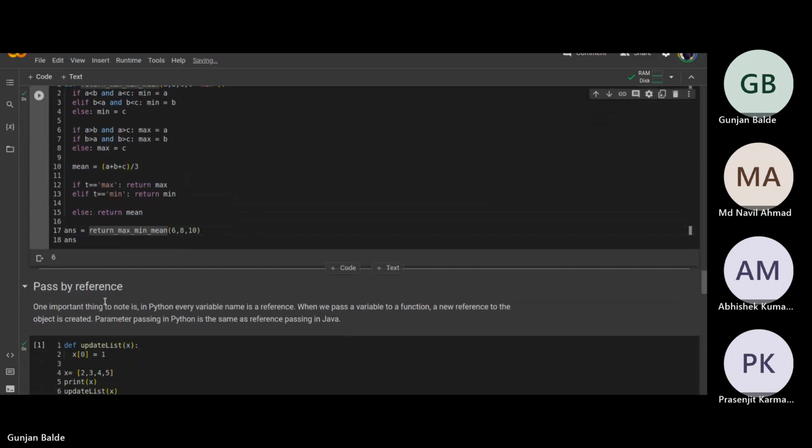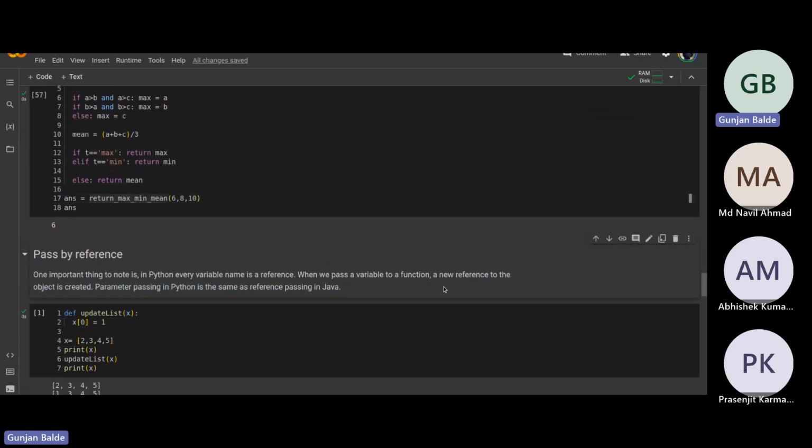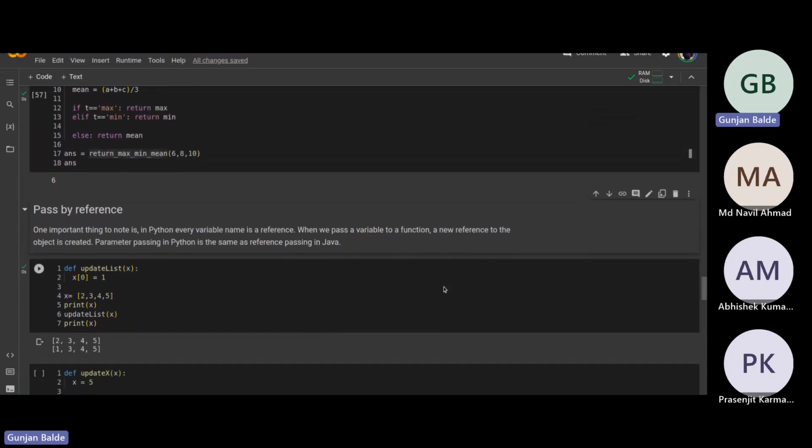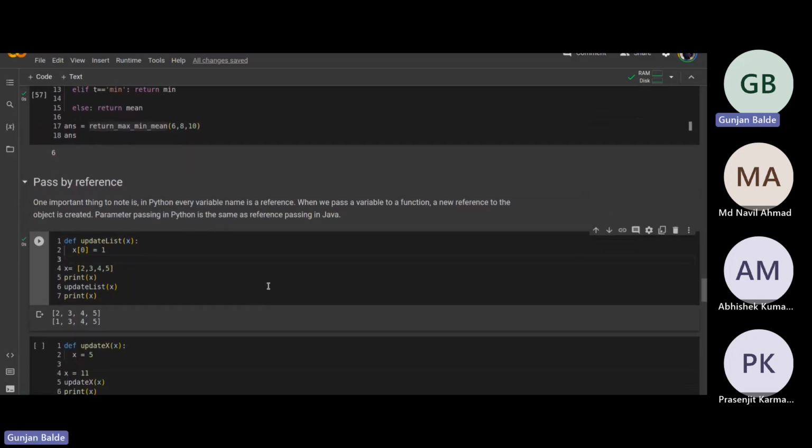Now, one thing that you have to note here is that in Python, by default, every variable name is a reference. Like we told you, every variable name in Python is a reference, and when we pass a variable to a function, a new reference to that object is created, right? So just like in Java, if you are familiar with Java, everything is passed as a reference. In Python, the parameter that is passed is a reference, right? So what essentially happens is that,